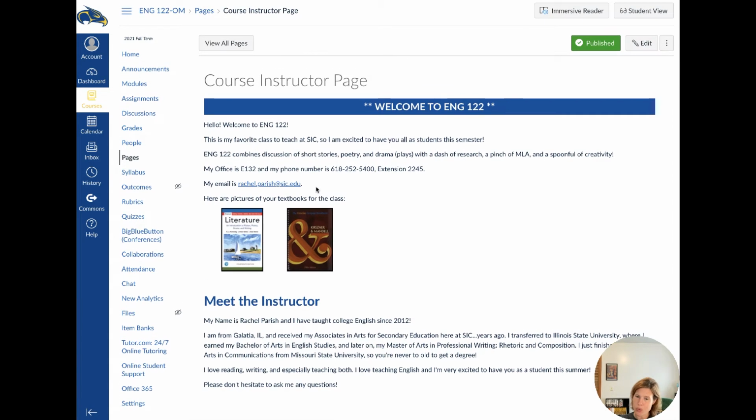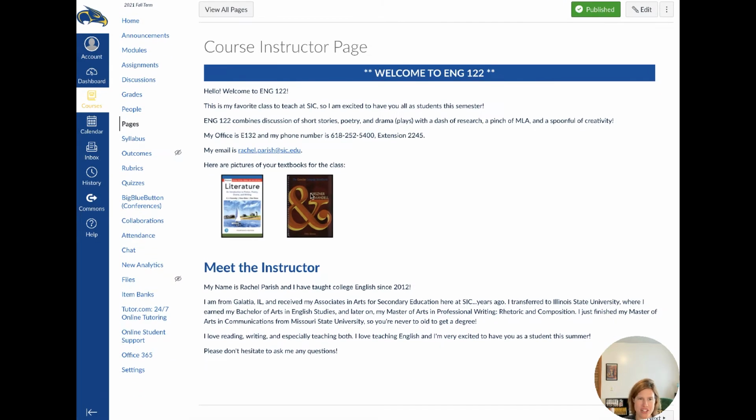If you took English 121 last semester or a prior semester and you have this handbook, it's optional. It's a nice handbook if you struggle with grammar and mechanics and you need references, but we won't be reading out of it. It's just a tool you can use as a resource. So if you already have it from English 121, hang on to it and turn it back at the end of the semester. But if you don't have it, don't worry about getting it because I'm not going to reference it.